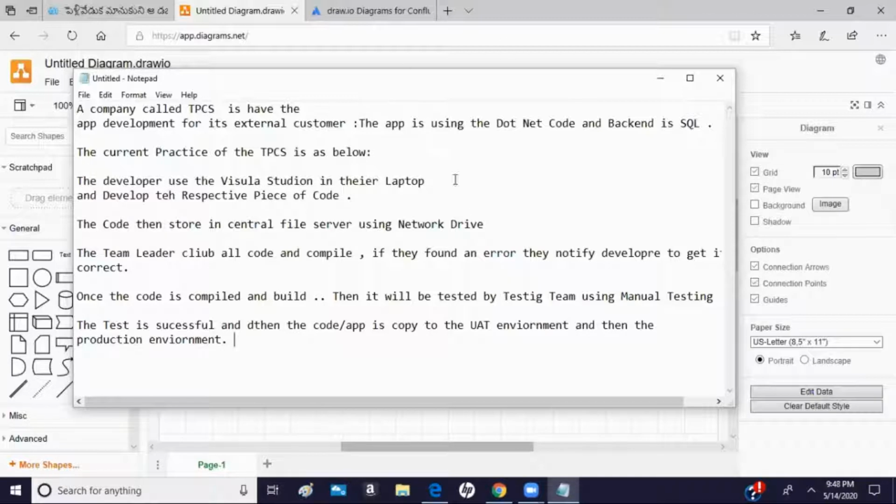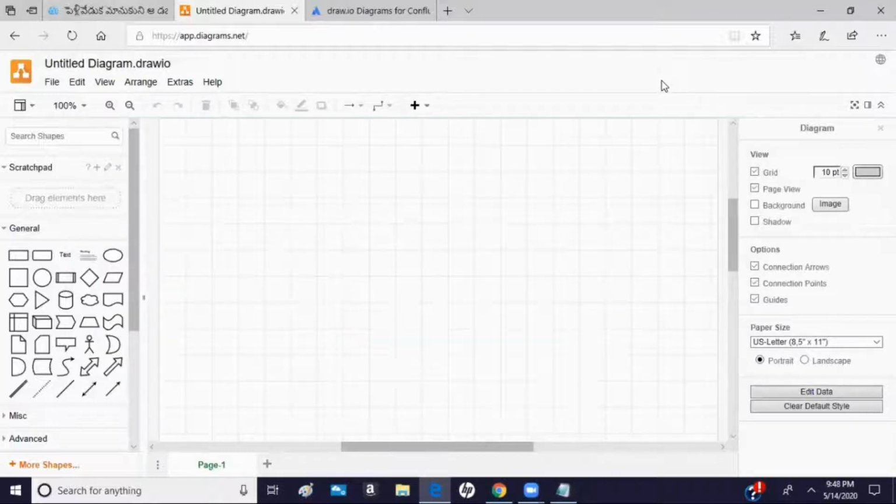Now let me draw this whole diagram, which is the manual method, and then you have to convert it into the automated method using the DevOps tool. Currently, remember you have very little idea about what the DevOps tool is as such. But first, let me find where the user is. User means the developer. So just type user.